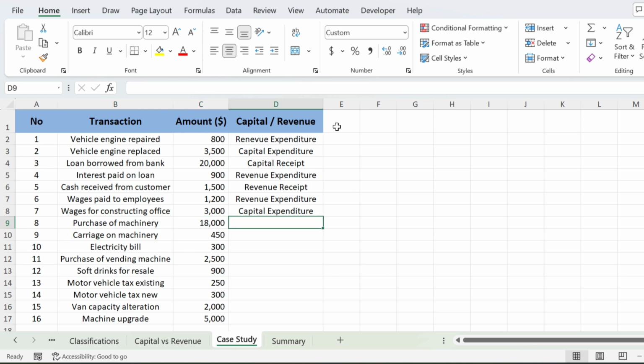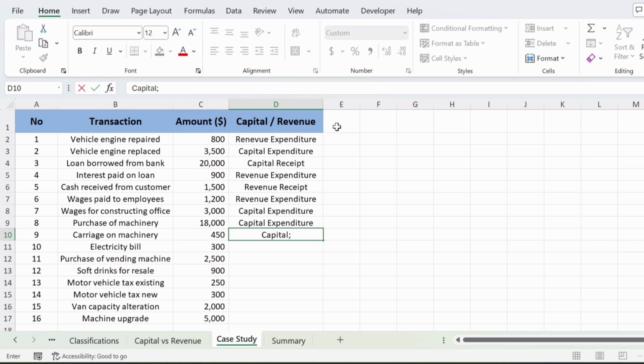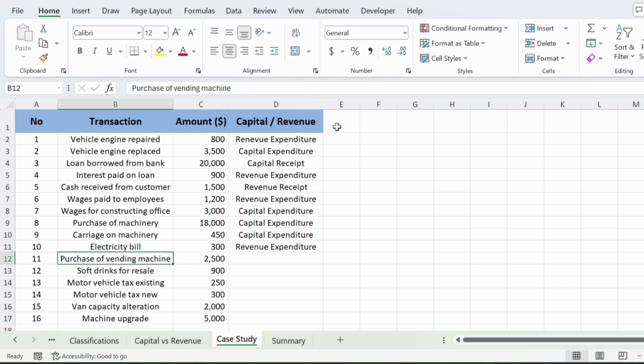Now, purchase of machinery. This is capital expenditure. Next, carriage on machinery. This is capital expenditure because it is necessary to install the asset. Next, electricity bill. This is revenue expenditure. Now, purchase of vending machine. This is capital expenditure. Next, soft drink purchase for resale. These are revenue expenditure